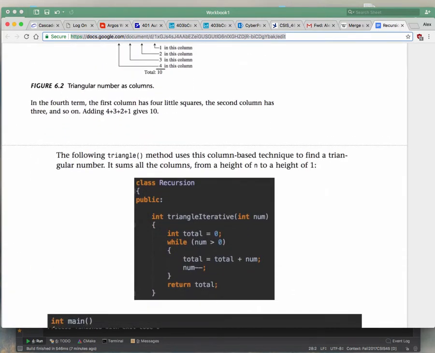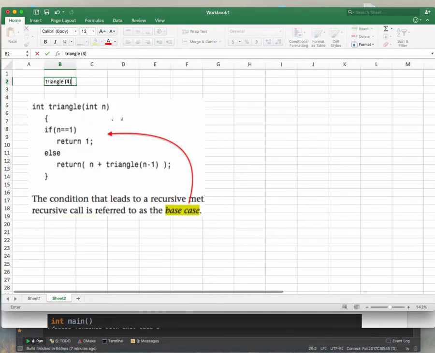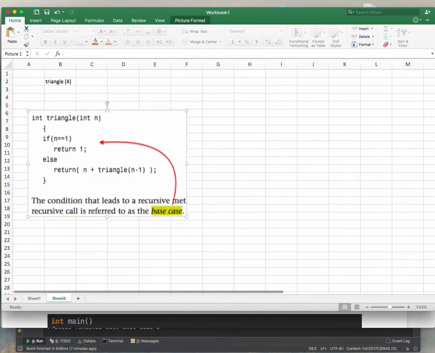Yeah, what the hell, I'll do a 4. Okay, so we're starting this thing with a 4, right? So then we're going to go in there, this first instance of this function. All right, what is the n? N is equal to 4. Is 4 equal to 1? No, it isn't. So that means now call yourself with